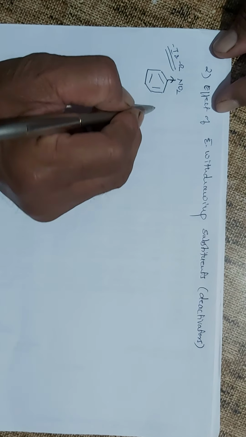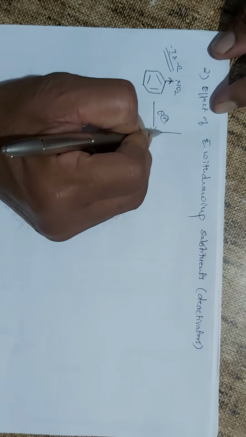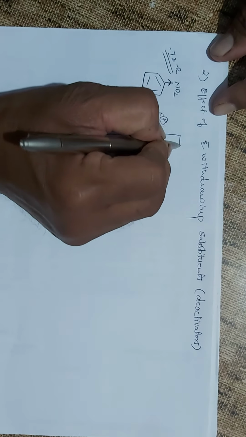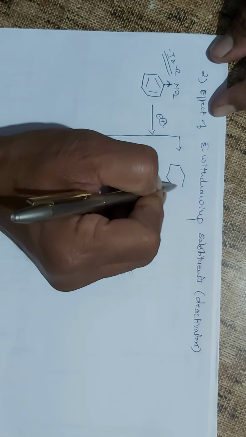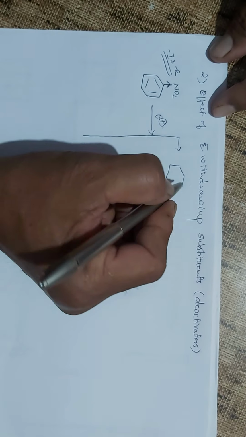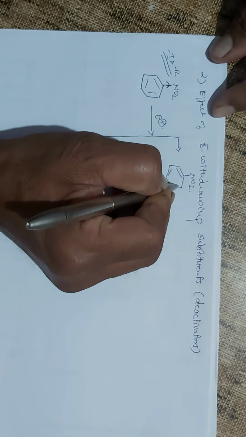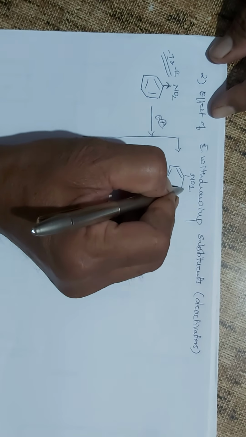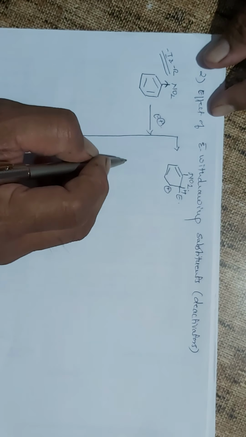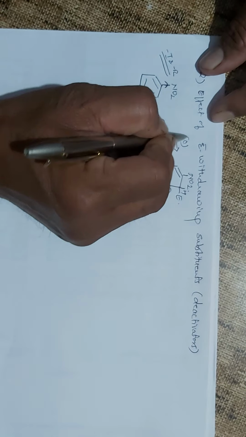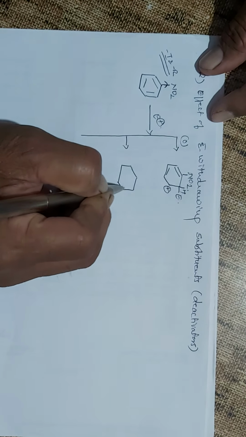And so if this molecule undergoes electrophilic substitution, we have the possibility of getting three different products, that is either ortho substituted, meta substituted, or para substituted. So here again we will have to write all the structures. If the substitution takes place at the ortho position, you are going to get the formation of a carbocation. So here the substitution takes place at the ortho position. If the substitution takes place at the meta position,